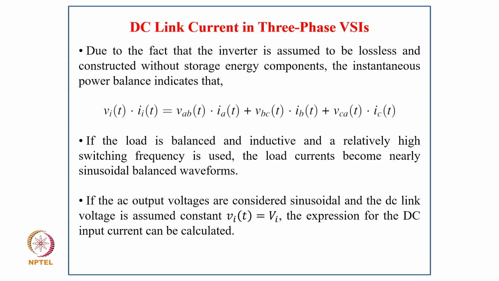So now coming to DC link current in a 3-phase VSI. Due to the fact that the inverter is assumed to be lossless and constructed without storage energy components, the instantaneous power balance indicates that Vi into Ii equal to Vab Ia plus Vbc Ib plus Vc Ic. If the load is balanced and inductive and a relatively high switching frequency is used, the load current becomes a nearly sinusoidal balanced waveform. So if the AC output voltages are considered sinusoidal and the DC link voltage is assumed to be constant, Vi equal to capital Vi,